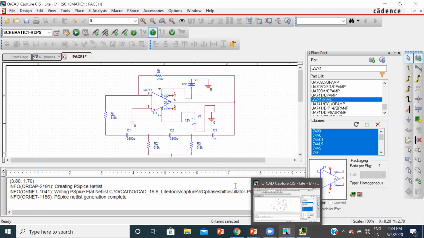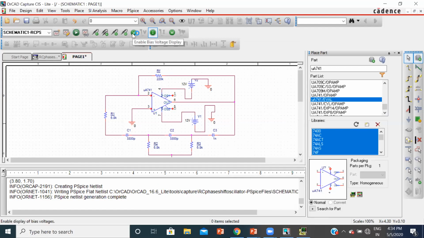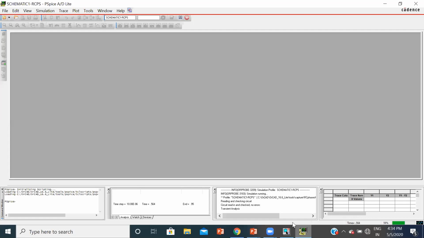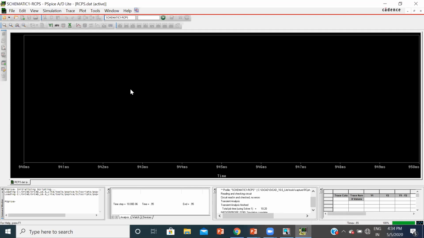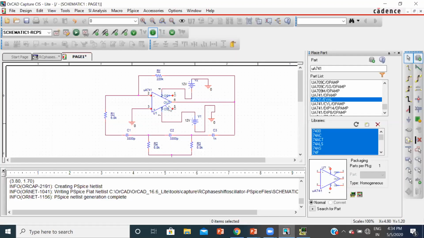When you run the simulation, it will take some time. You'll be getting this schematic RCPS window. Here is the voltage marker. After creating the simulation profile, you are going to place the marker. Next you can start simulating.